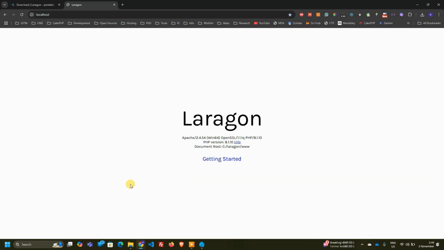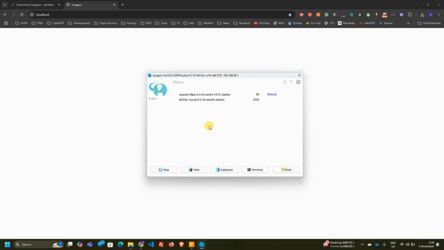Laragon comes with a variety of built-in tools to streamline your development process. You can easily manage your database, use the terminal, for example, start and stop the services and other things. In order for you to access MySQL using the UI, I strongly recommend you to install